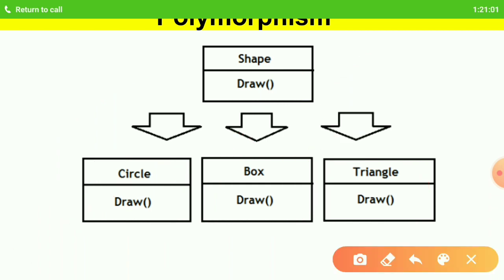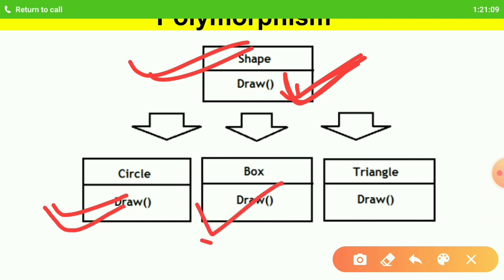But if you notice here, although I've got the draw function in the base class, I am rewriting or redefining the draw function in each of the derived classes. So this is known as method overriding.